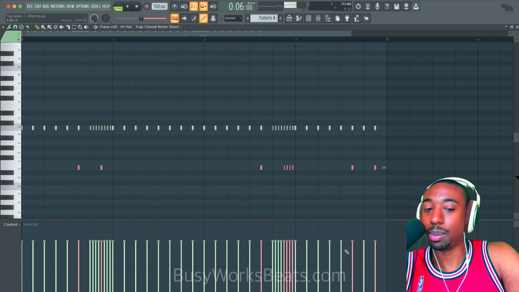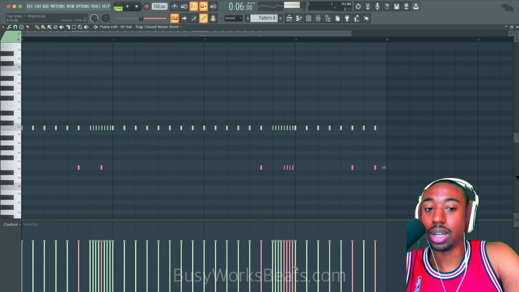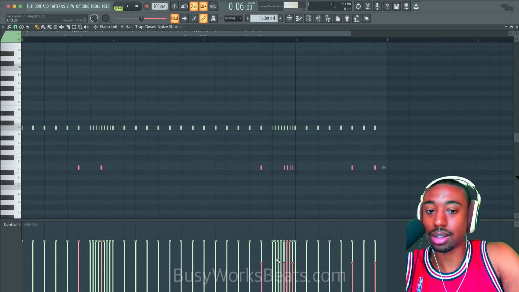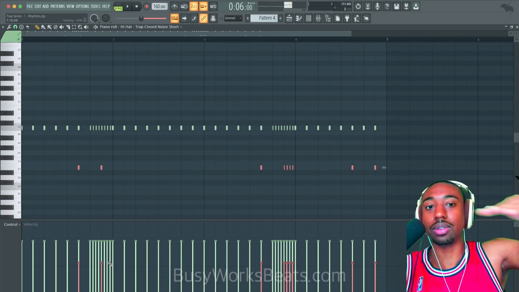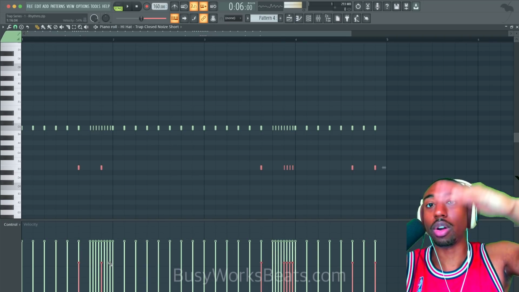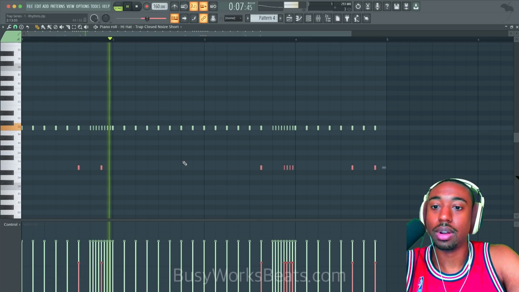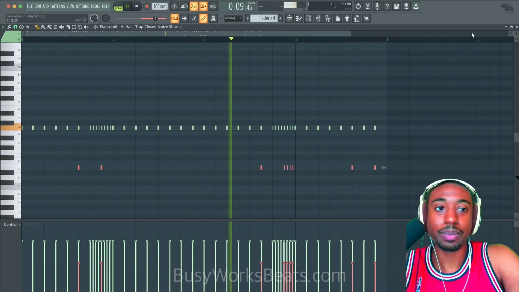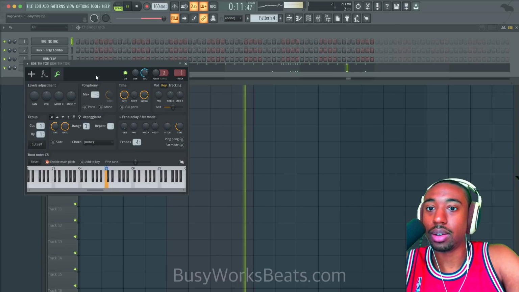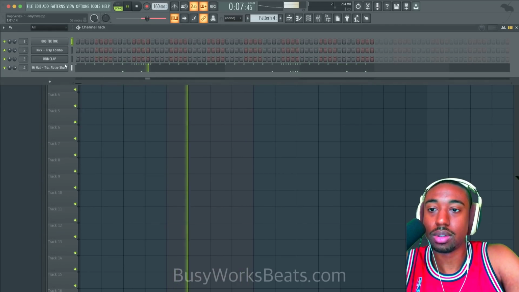Now the key here, some people do, is they'll highlight all these notes, hit Control to highlight, and you can hit Shift, left click, and drag this. And what this does is it creates a linear volume so that they will never go above the other hi-hat. And that way they're more tucked in the background. Okay, now you add your little touches to it.